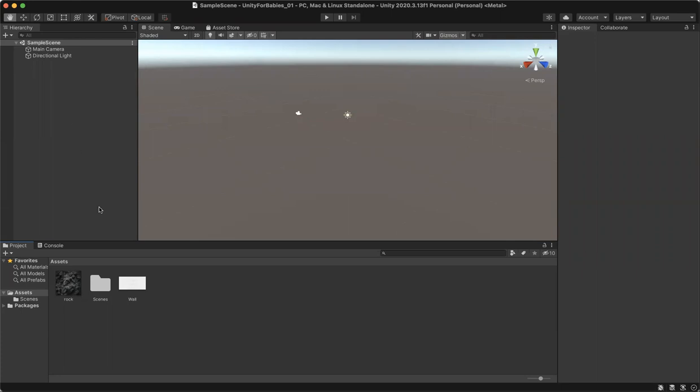Today I am going to share a little basic concept about Unity. So let's jump in. Okay, so first, if you download Unity, please create a project and set it to 3D and